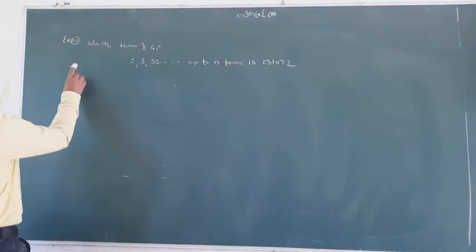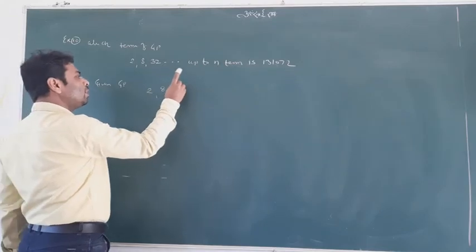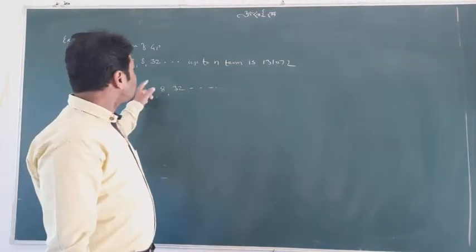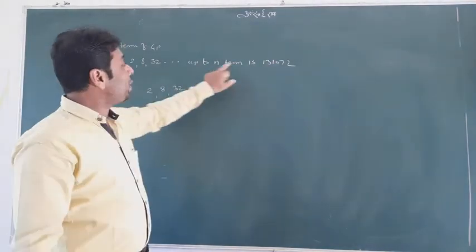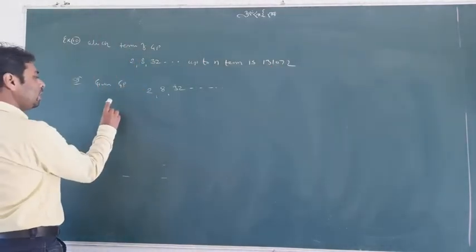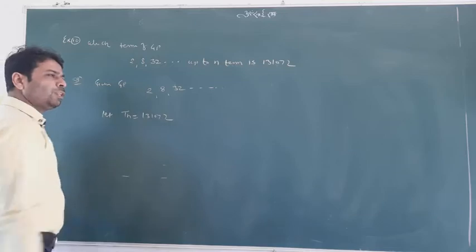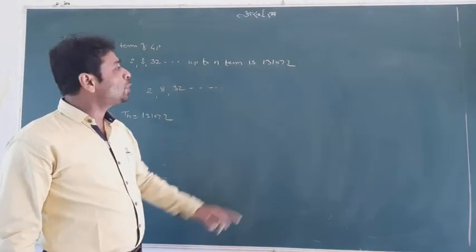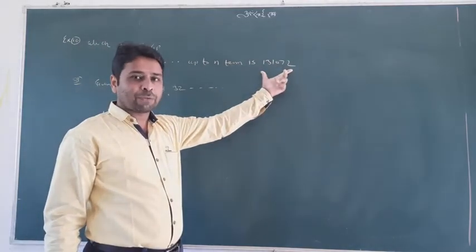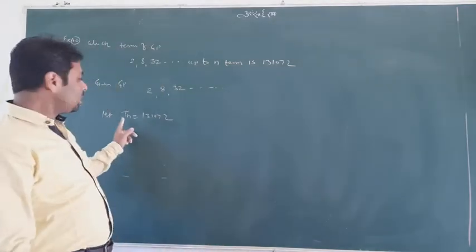So what we'll write? Look at the given GP 2, 8, 32. The question says which term of the GP is this one, meaning this is a part of the GP, so we say it is the nth term. Let the value of the nth term be 131072. It's a very simple concept. We are told to find which term of the GP this is. It means it is a part of the GP. Somewhere it is definitely located, but we don't know which term it is. So we consider it the nth term.